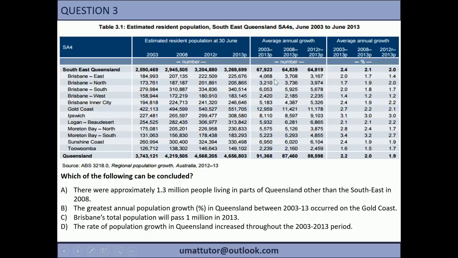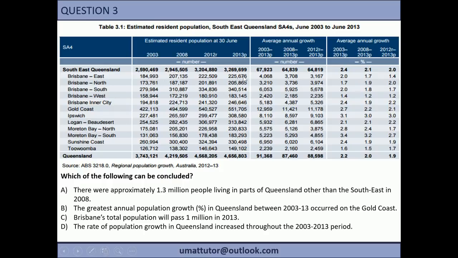So they're saying that the number of people that the population increases by in Brisbane East every year is about 4,068. I think the trap with this particular column and number is thinking that it represents the total growth over the whole 10-year period. In other words, you're thinking that this 4,000 means that the population of Brisbane East increased by only 4,000 over that 10-year period. But as you can see, it actually increased by about 40,000. That's because this is just the increase in any one given year on average, not the whole 10-year period. So you have to times that by 10 to give the overall increase, which is shown here between 185,000 and